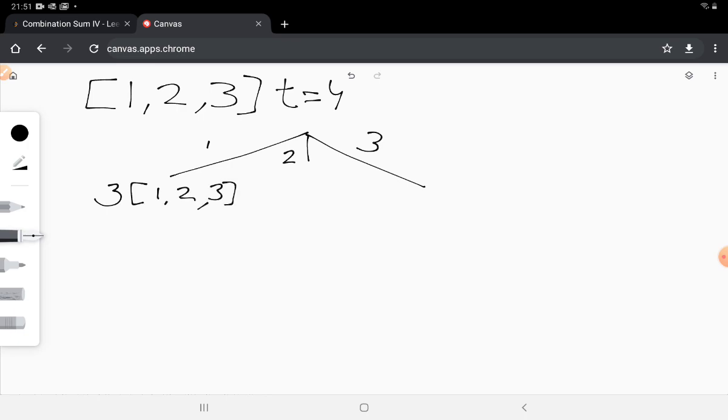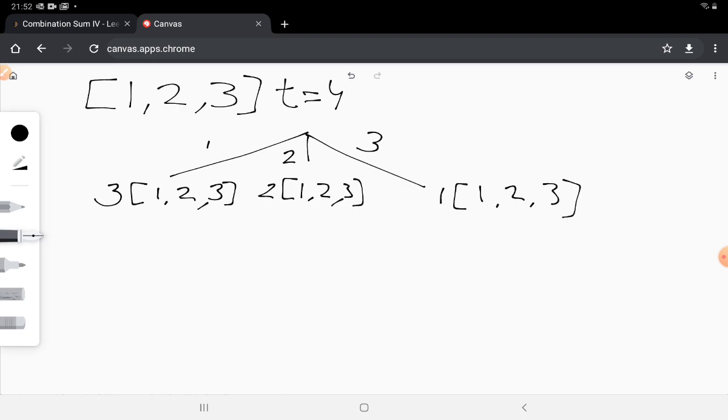If I choose 2, then my target gets reduced to 2, and again I have 1, 2 or 3 to choose from. And if I choose 3, then my target gets reduced to 1, because 4 minus 3 is 1, and I again have 1, 2 and 3 to choose from.